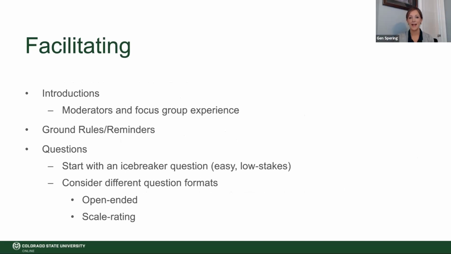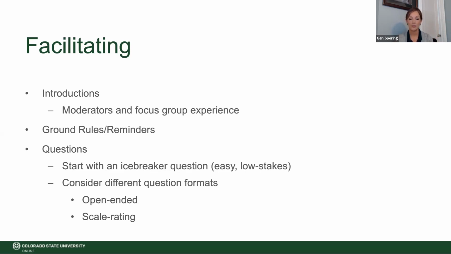Okay, great. So now considering that you've communicated with your participants, and you have selected and trained your moderators as needed, it's time to get down to facilitating your focus group. So the beginning of a focus group should always include a moderator and moderator role introduction, a brief reminder for all participants about what the topic is that'll be discussed, what they can expect during the focus group, a reminder of the time frame, and it's really important to honor that time frame if it's a 45-minute focus group or an hour.